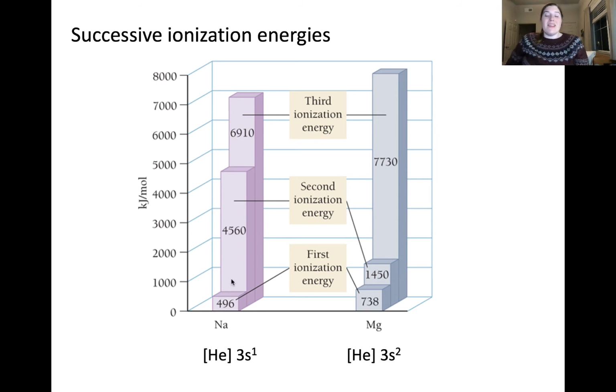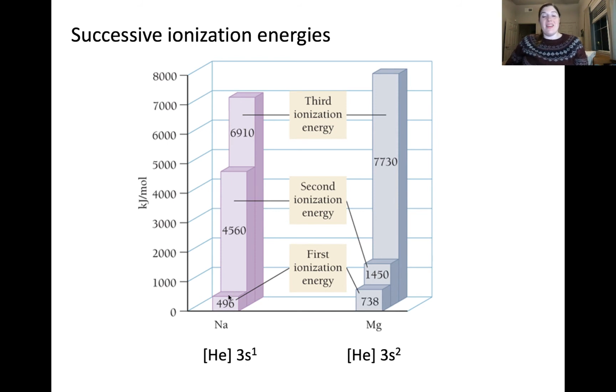So as we go up this staircase, so to speak, removing the first electron from a neutral sodium atom results in a sodium plus cation. Removing an additional electron results in a sodium 2 plus cation, and removing a third electron results in a sodium 3 plus cation. Now, when considering the electron configuration of sodium, you'll recall that it has one valence electron in the 3s orbital. The first ionization energy for sodium is relatively low, meaning it's relatively easy, energetically speaking, to remove